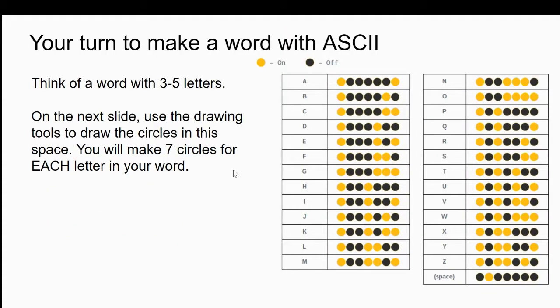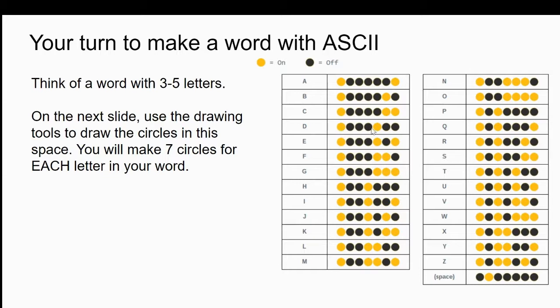Now it's your turn to make a word. So think of a word. Don't have it be too long, maybe like 4 or 5 letters. And then you're going to write the ASCII codes, the ons and offs, on this slide. So for example, if I was going to spell the word dog, I would first do